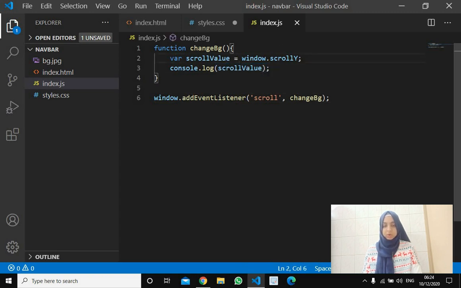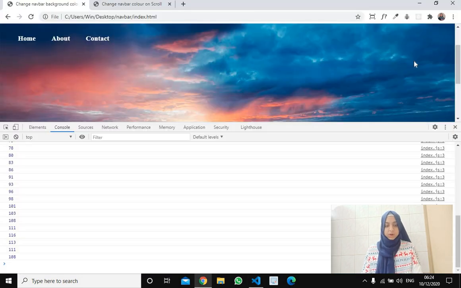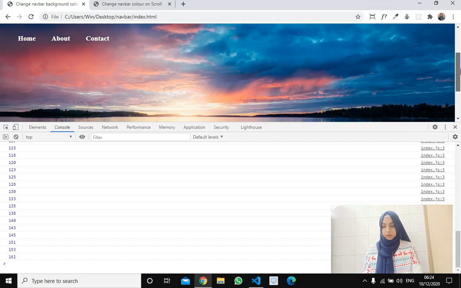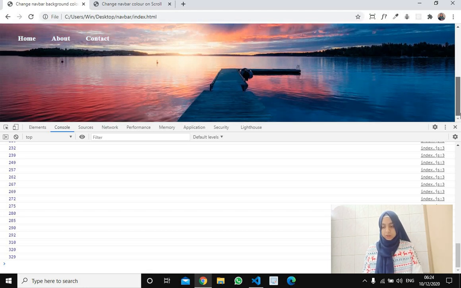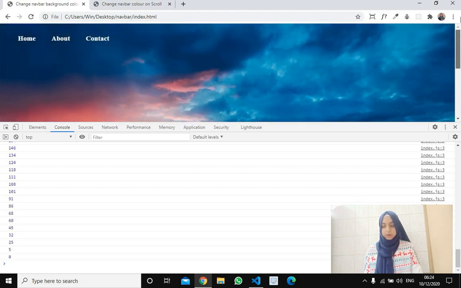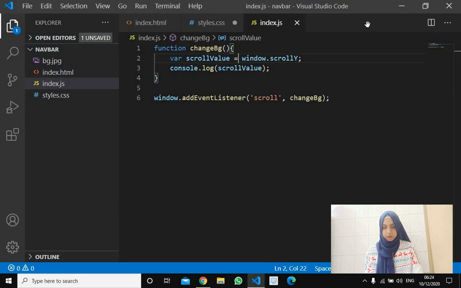What it does is, when we scroll through the browser window, it tells us how many pixels we have come down. Can you see, as we go down, the value keeps on increasing, and as we go back up, the value decreases. So this is what we'll be using to change the background color, these values.